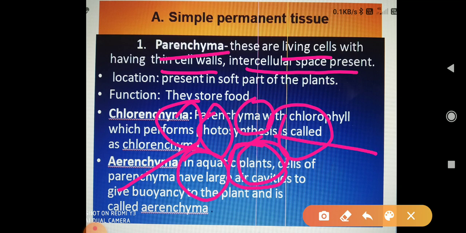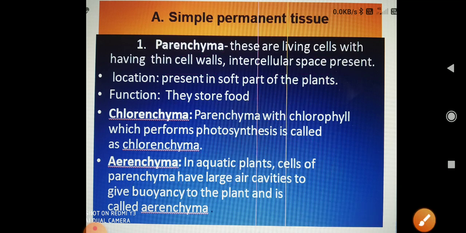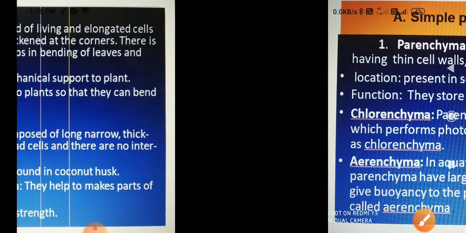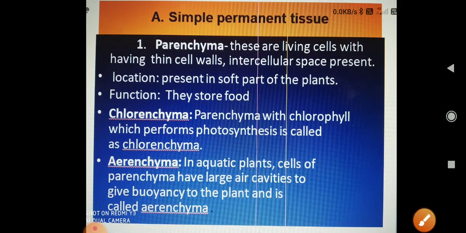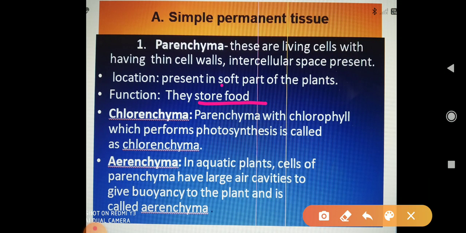These cells are filled with dense cytoplasm, and their main function is that they store food. They are located in the soft part of the plant. Is it okay? Now see, next is the